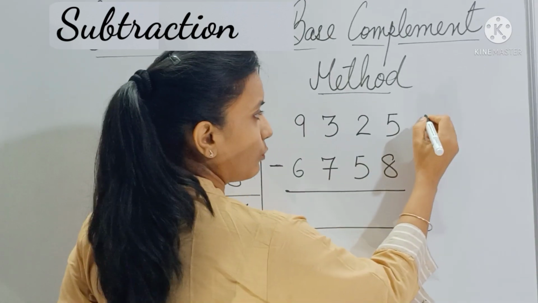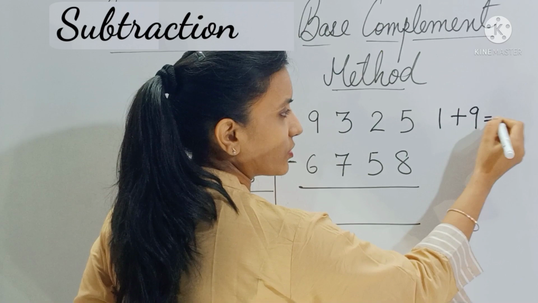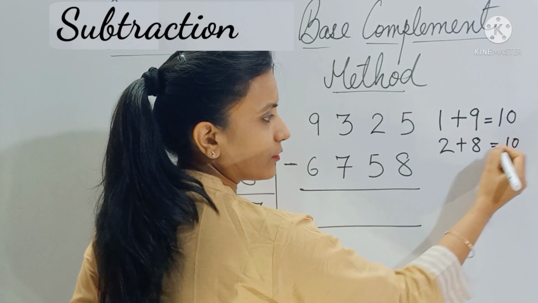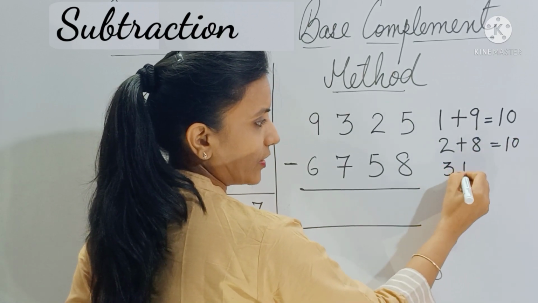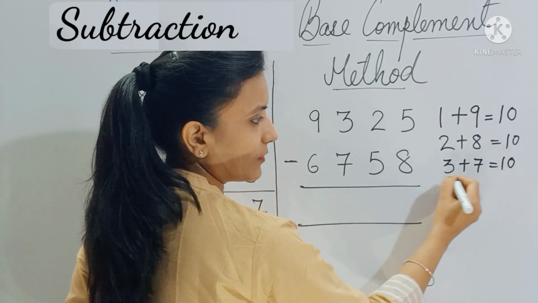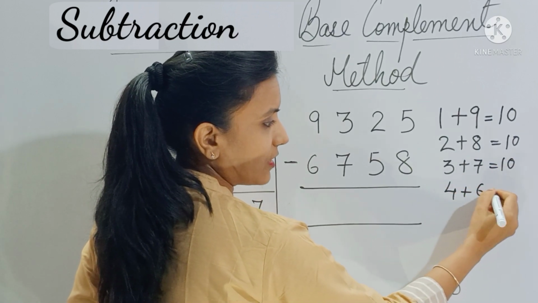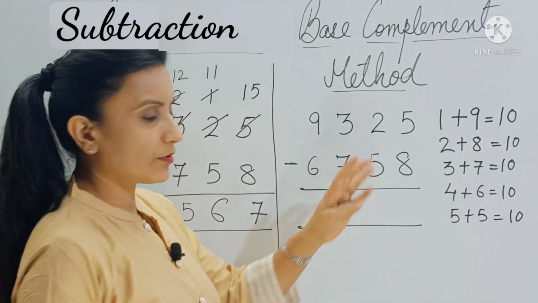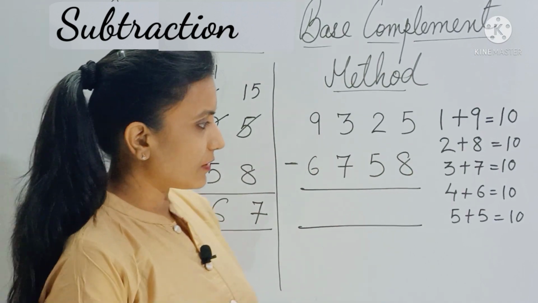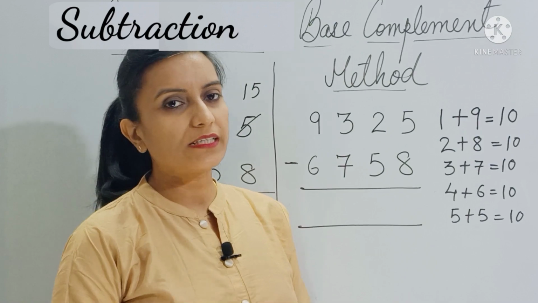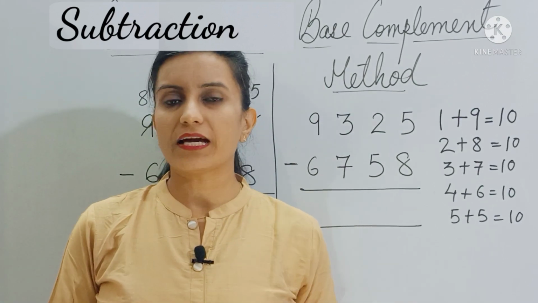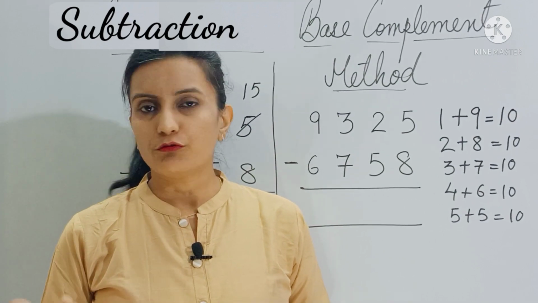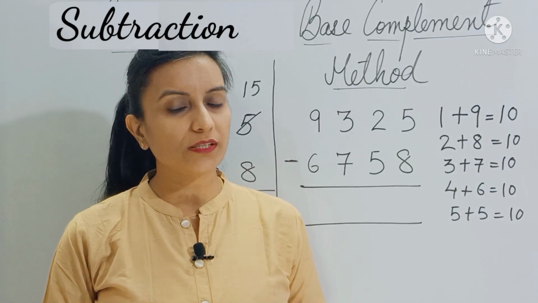So let's say 1 and 9, they are complements of each other because their sum is 10. Similarly 2 and 8, their sum is 10, so they are complements of each other. Similarly 3 plus 7 is 10. Then 4 and 6 are complements of each other and 5 and 5 are complements of each other. You have to memorize this and it's very simple to memorize. I think it will take a few seconds, but you have to be really quick. Like if you think of 1, automatically 9 should come to your mind, right? Similarly for 2 it's 8, for 3 it's 7, for 4 it's 6 and for 5 it's 5. So you have to be really quick.